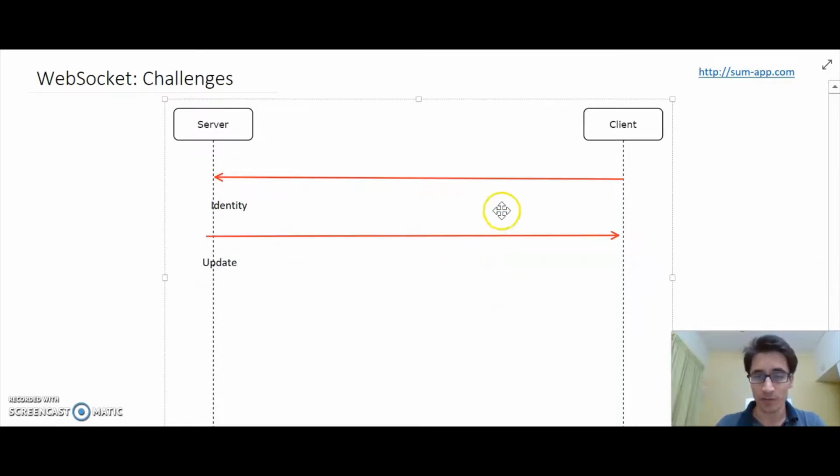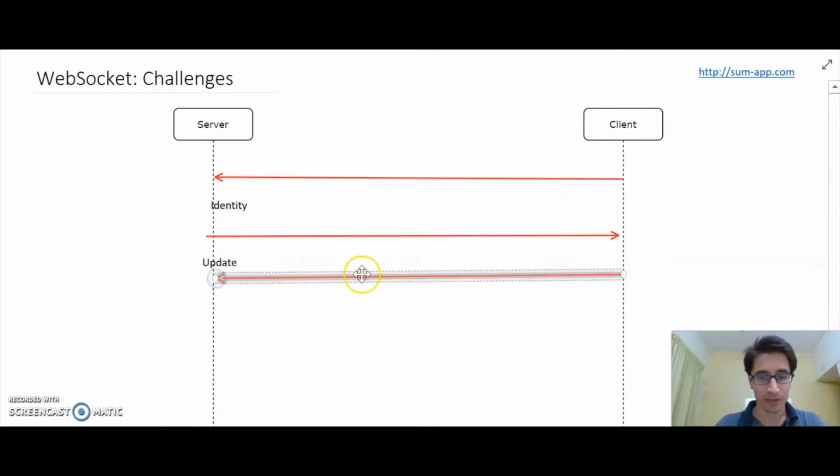The updates follow from server to the client, and the actions originate from client to the server.